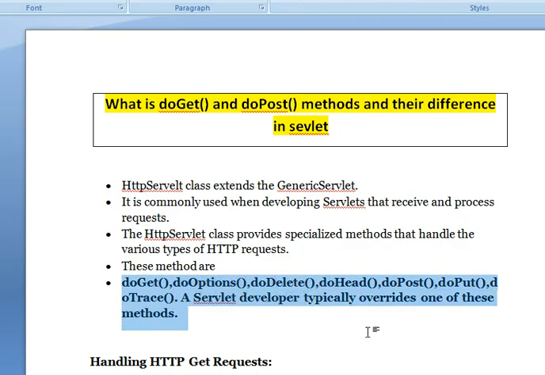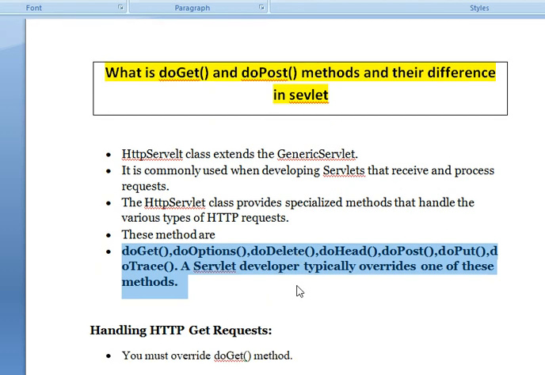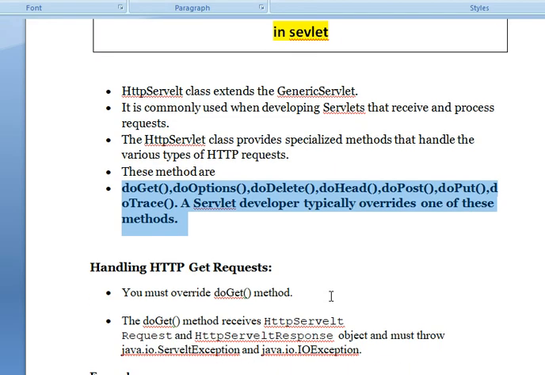These methods are doGet, doPost, doOptions, doDelete, doHead, doPut, doTrace. A servlet developer typically overrides one of these methods. So in this video, I will discuss only doGet and doPost methods because these are commonly used when handling form input.